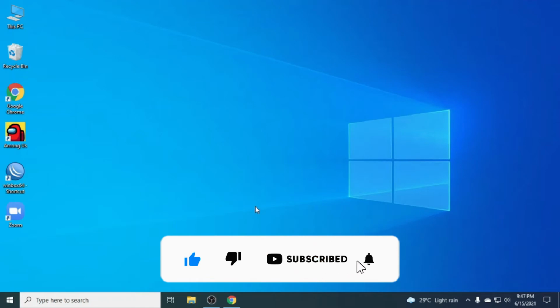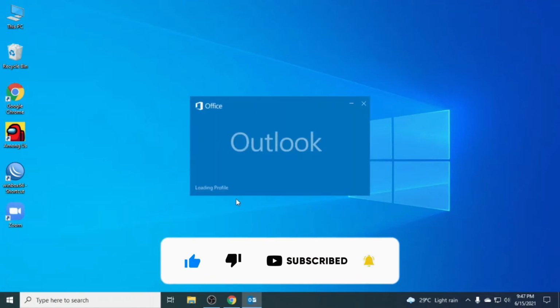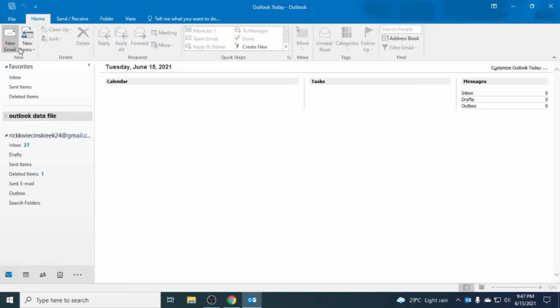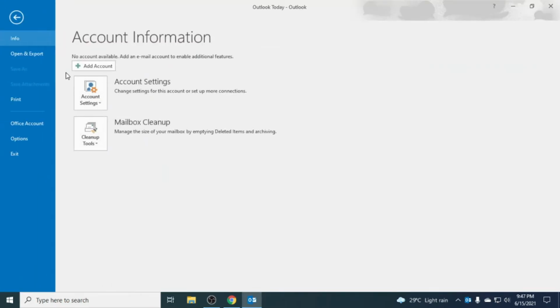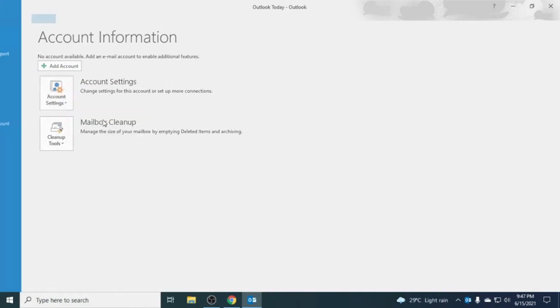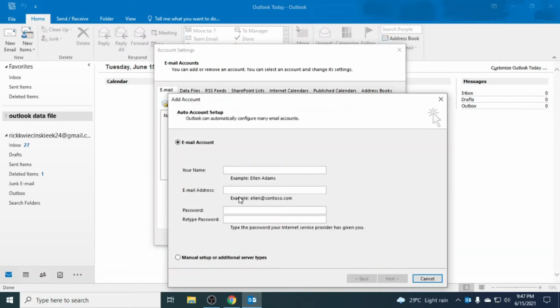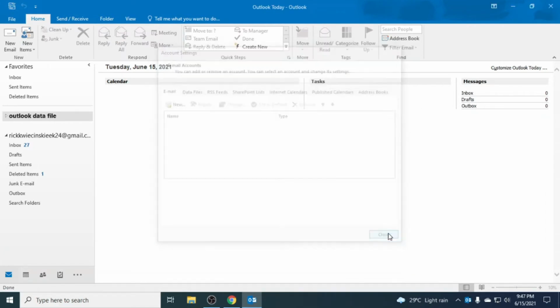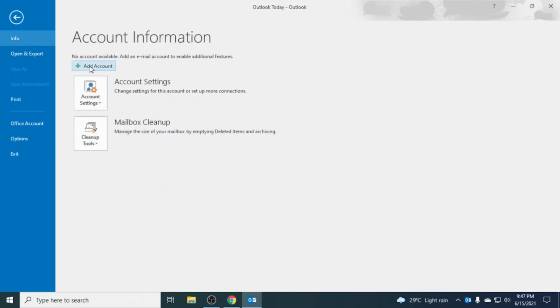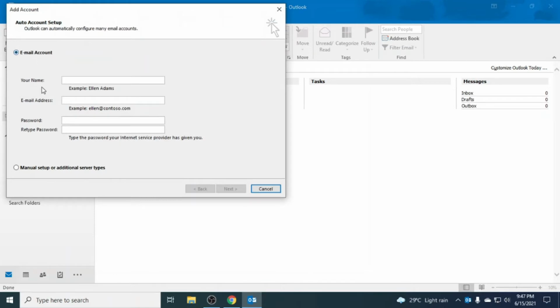Now you have to start Outlook. So we are going to start Outlook: Run, then Outlook. Now go to File, and you can click on add account. Otherwise, if there are already other accounts, you can go to account settings, then New, and add an account from these options also. So we are going to start from the direct menu, just add account. Then it will automatically check for automatic setup. Now you will go for manual setup or additional server types.